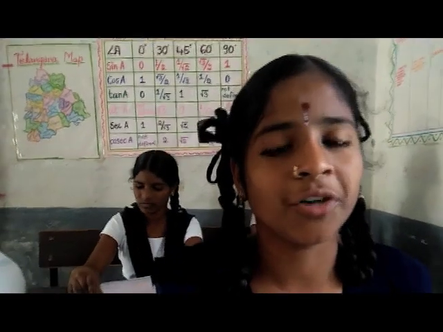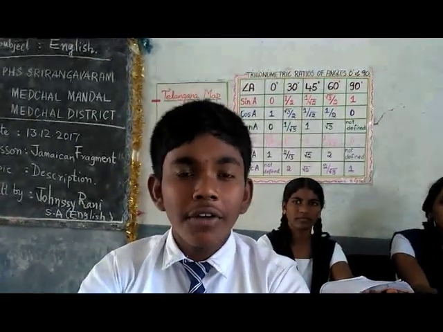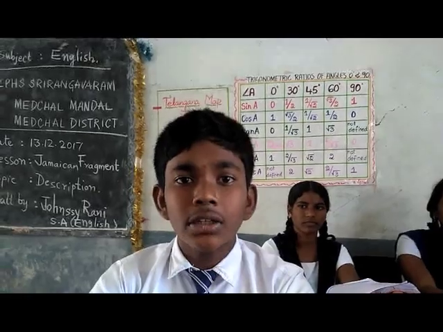Children, in the lesson Jamaican Fragment, what was the regular routine of the narrator? And what was the strange scene that the narrator noticed one morning? The narrator used to walk for half a mile from his home to the tramcar lines every morning and evening. One morning, when he walked half his way, he noticed two little boys playing in the garden.